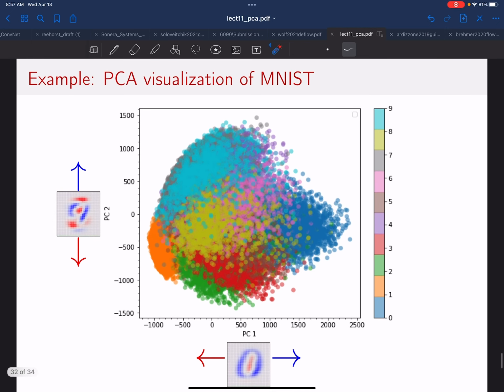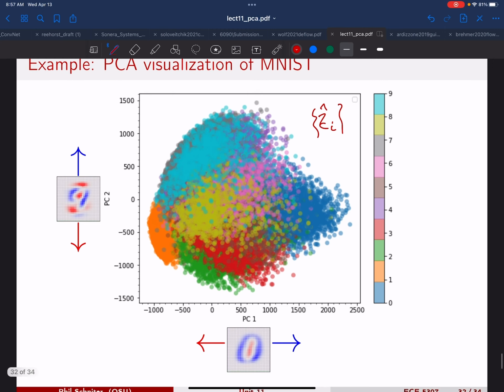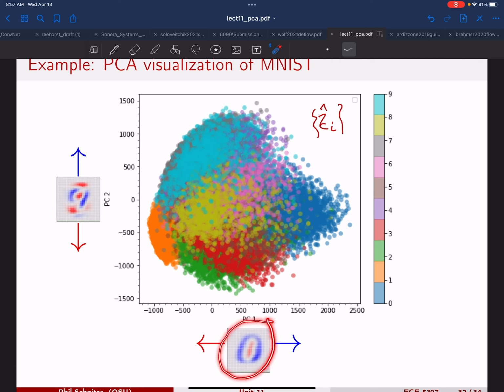You can see, so these are the different colors of the different classes. So the zeros are, I believe the zeros are this blue. The 1s are over here. The 2s are over here, and so on. So that's the representation. These are like the Z_i hats for PCA on MNIST. And then this is a plot of the first principal component,